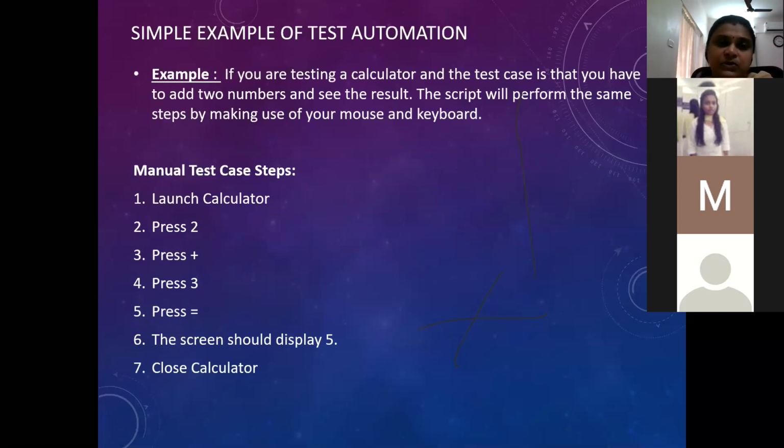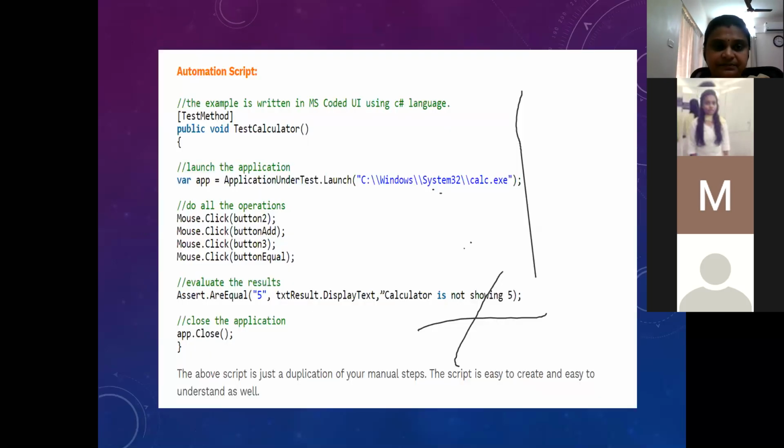So we'll get on to Selenium now. So here, if you see, of all that we have understood now, if this is a manual testing example, let's say you have a calculator application, and you want to manually test that. These are the steps that you will write. A very simple example of test automation. Manual testing here would be launching the calculator, press 2, press plus, press 3, equal to, the result should be 5, close calculator. If this is the case, how would you want to automate this?